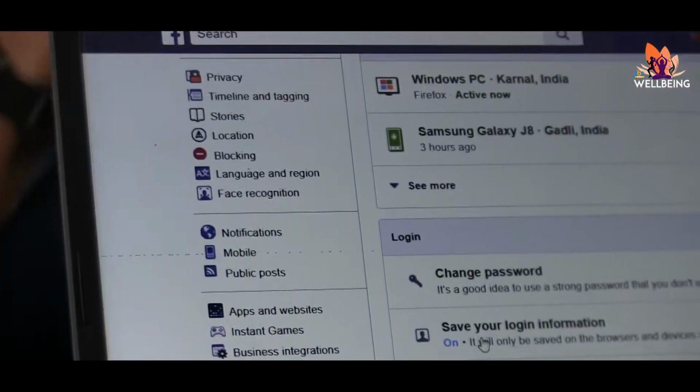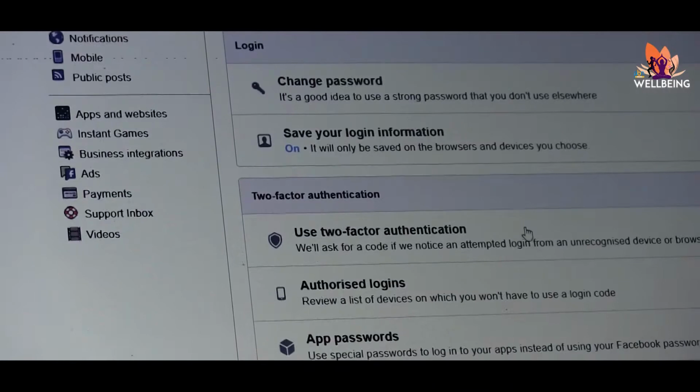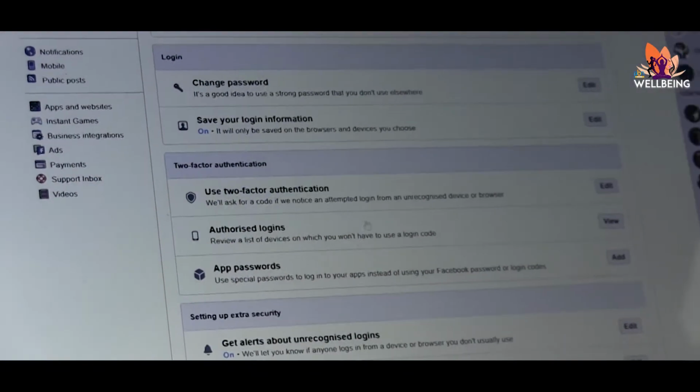Next tip from our side will be the most important platform, that is Facebook. We all maintain our Facebook account very well, and it is very important to safeguard your activities over social media. You must go to social media settings, that is your Facebook settings, wherein Facebook also provides you a two-step verification feature similar to Gmail. Along with that, you should keep a close watch on all the settings tabs of Facebook, wherein you will get multiple options to secure your social media account.